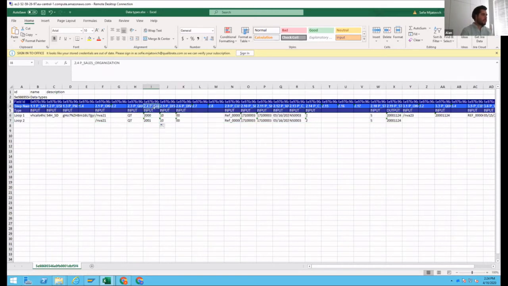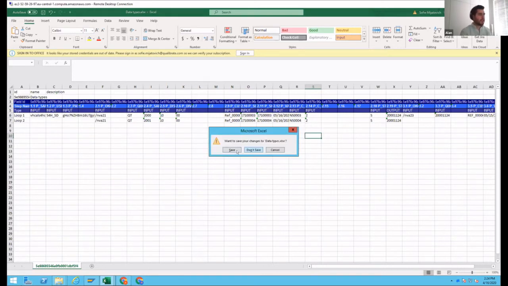I'm going to change the sales organization field in here from 2000 to 2001 on the second loop, because the second quotation is going to be related to my second sales organization. And the same goes for the sold to party. So I'm going to use a different sold to party and also ship to party, and maybe a different material, right? So from now, what I just did is that I maintained my data set in Excel. And by the way, I added 2 loops into it. So I'm going to close this file and I'm going to save it.